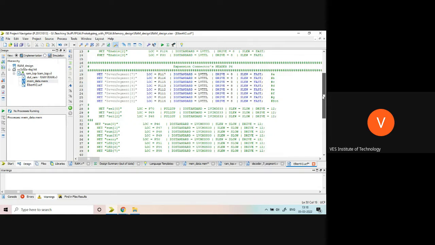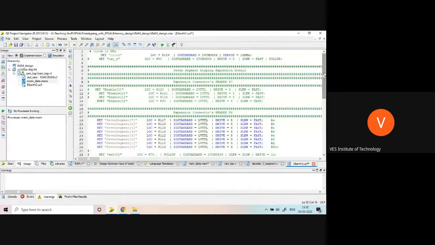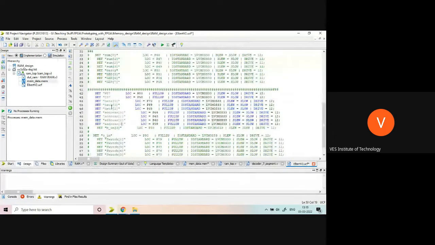Is this clear to everyone? How I have written the file? I have one net called clock, then 8 nets for the 7-segment output, which will display the output. Input will be the data, 3-bit data or 4-bit data, whatever I will display. Basically, there will be only 3-bit data. You can use input as 3-bit data and address as 4-bit address, and WE and CS. So these are the ports I am trying.